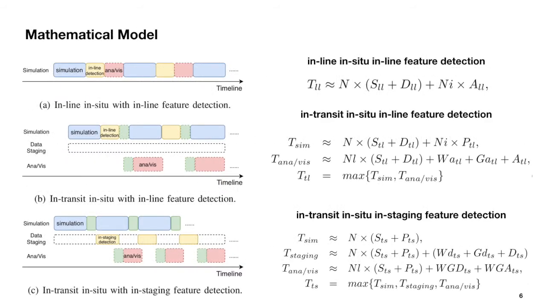Let's start to discuss the mathematical model presented in this paper. Equations at the right side are the specific models corresponding to the particular approaches. We have three approaches and three models here. We will go through the first two equations briefly and discuss the third one in detail. There are detailed explanations of every parameter used in the equations in the paper. The goal of the model is to show the workflow execution time and how it relates to the key parameters